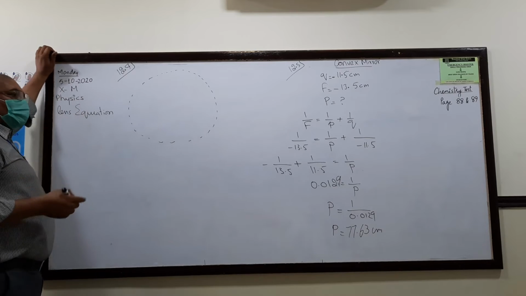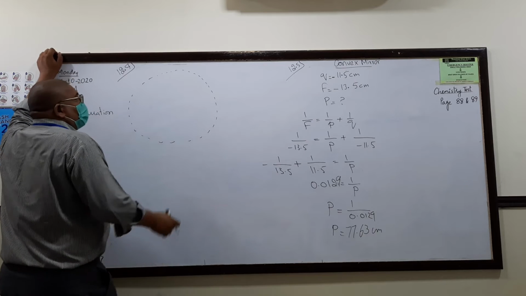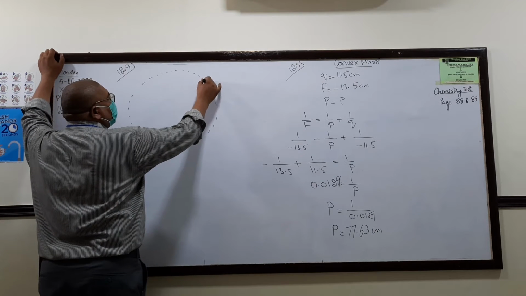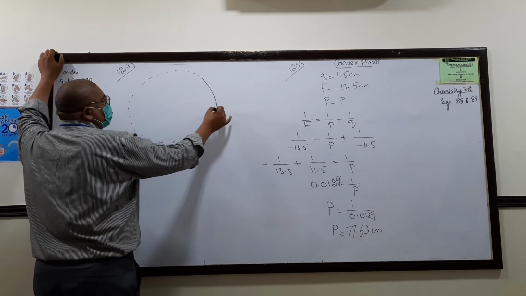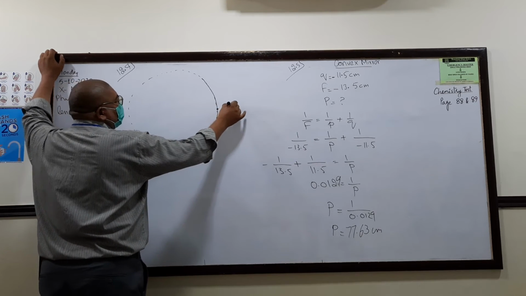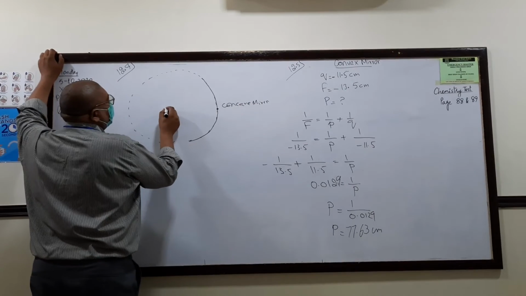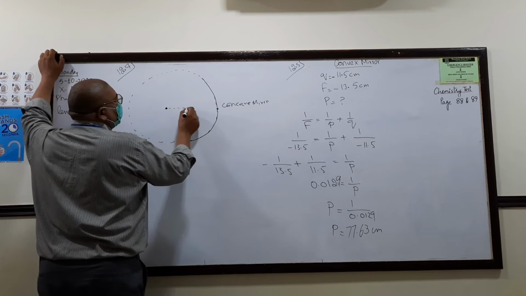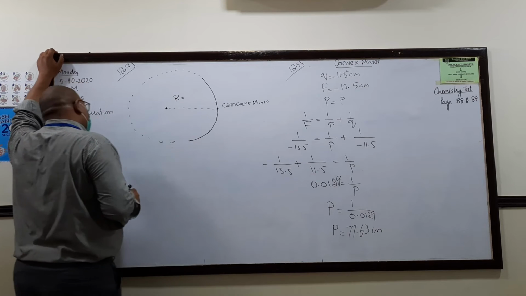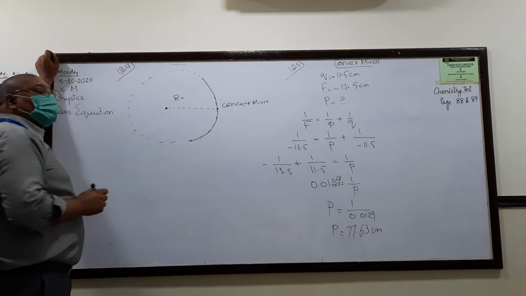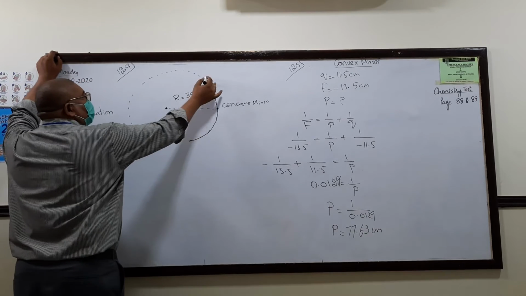Read the first sentence again. Nabila uses a concave mirror. A concave mirror is something like this. Try to understand. This is the concave mirror. And what she says is, what is the radius of curvature? 38 centimeters. So we are talking about the mirror.